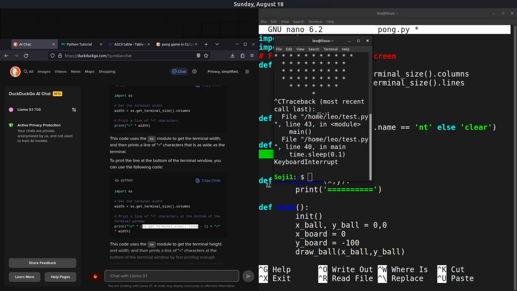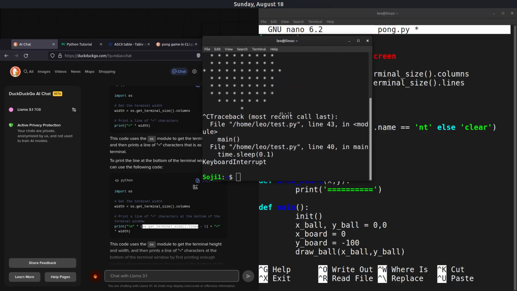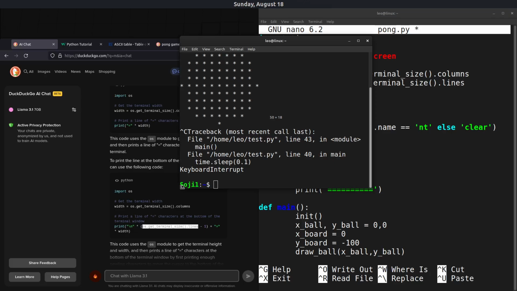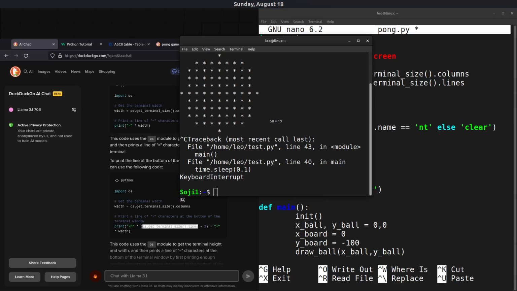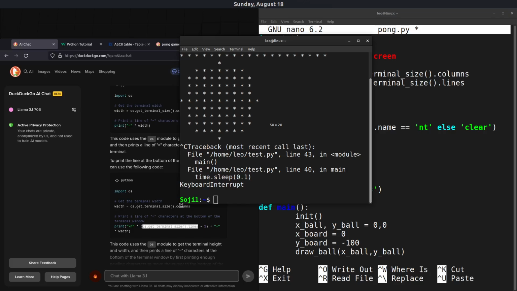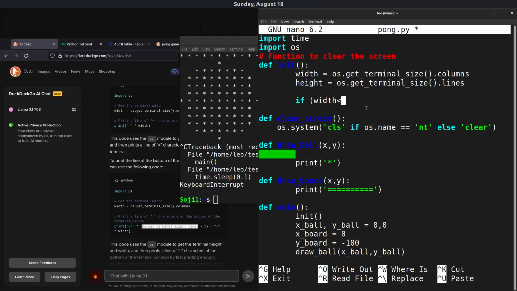So that's too small. 50, I guess 50 columns would be more or less enough. And then the height should be something like, guessing 20 lines is enough. So if this is less than 50,